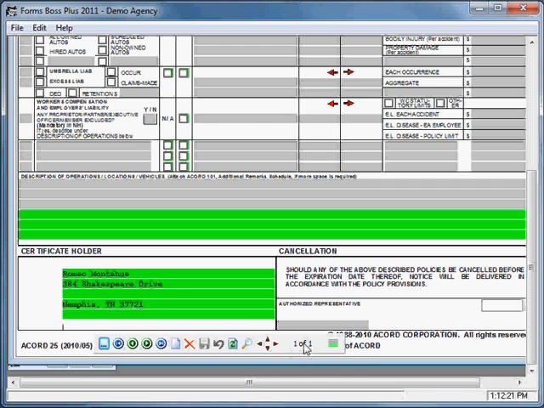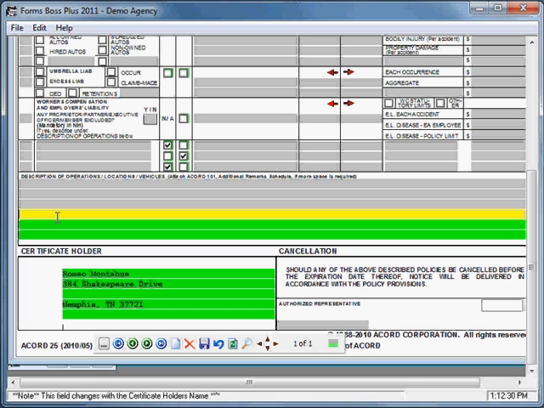So right now I have one certificate holder attached to this form, and I'm going to type in some different things with these different green fields for this certificate holder. And save it. Now let's say I wanted to add a second certificate holder for this same certificate. I would just click the New Record button again. I could just type in on screen here to add a certificate if I wanted to, but if I know that I already have my information for my certificate holders added into my certificate holder master list, I would just click my button here,